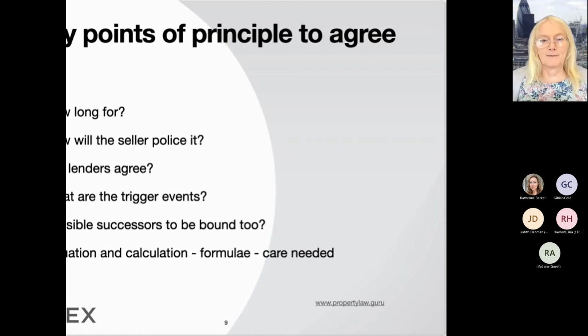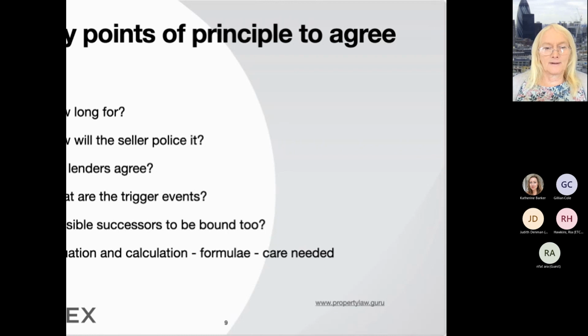So what planning permission are we talking about? Are we talking about outline? Are we talking about any planning permission? Are we talking about approval of reserved matters? Then are we talking about the date of implementation of a planning permission, which might be later? Are we talking about permitted development rights? Because lots of things can be done now without planning permission. And if it's only the grant of a planning permission, you won't get any overage. If it's any approval or permitted development rights, then you will. Or is it simply a change of use or anything else of that nature? So you need to talk to a valuer and your client about what is going to be the trigger event.